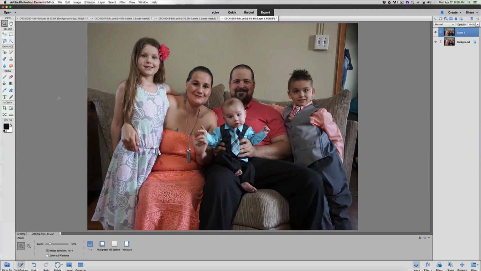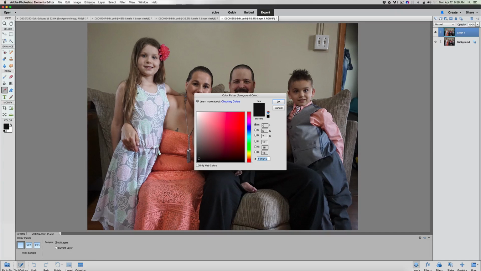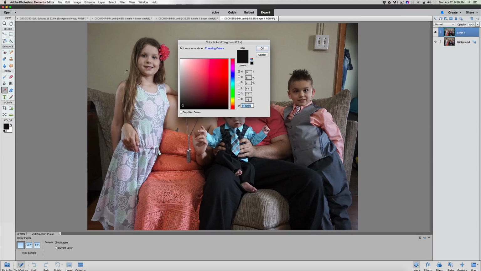If it is, what we can do now is a little bit of freehand painting. We can try that. Okay, we'll try to do some freehand painting with a brush here. And we have the brush. We're going to pick a color. Now, when you pick a color, you want to use the color picker, because we want to match the wall. You'll never match the wall by going on this color picker. Just come over and click on the wall